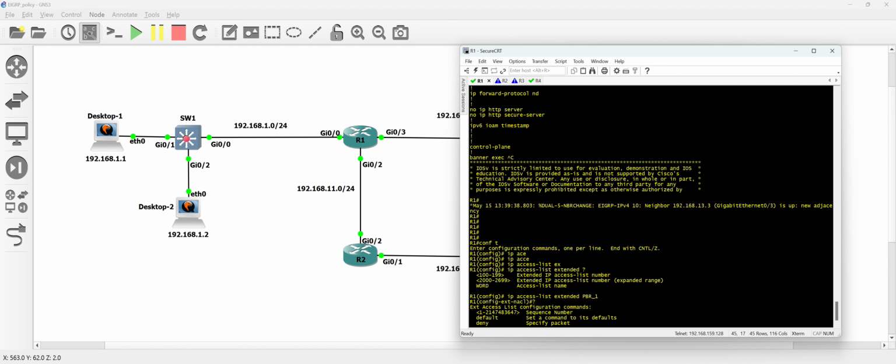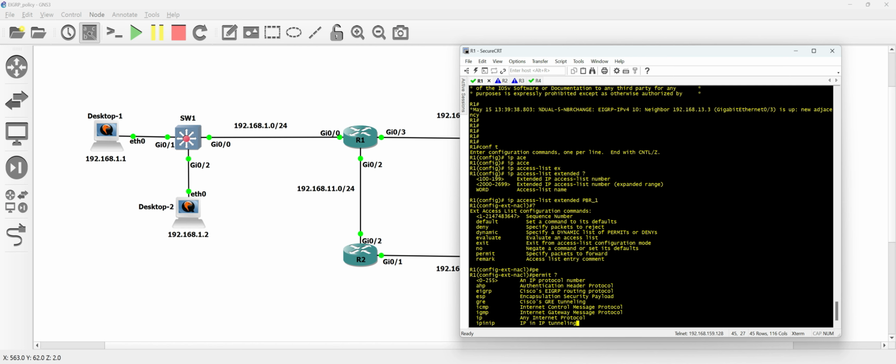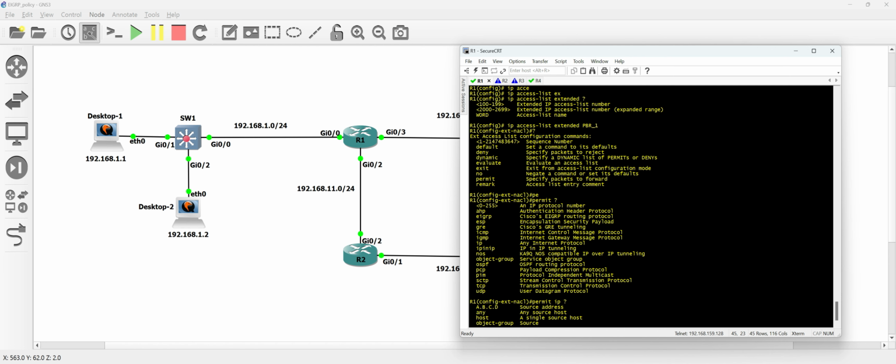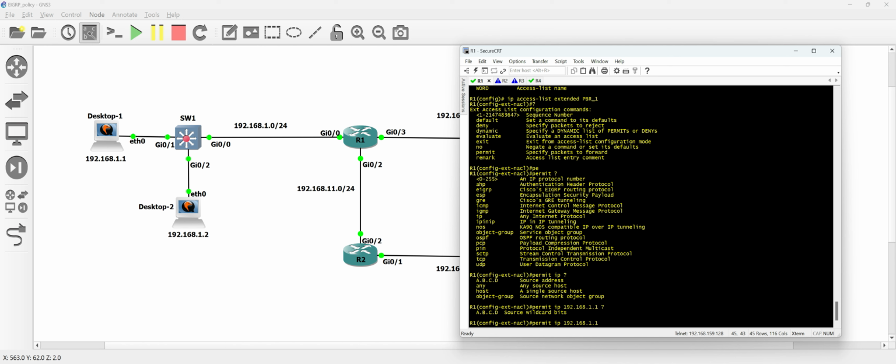Okay, I'm inside here, so I need to say permit, protocol number, okay, IP 192.168.1.1, right? Yeah. Then I say source wildcard. No, my mistake. I think I need to put host